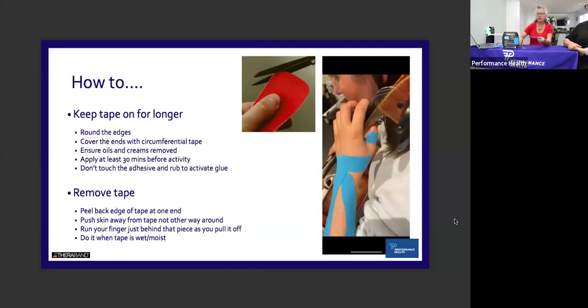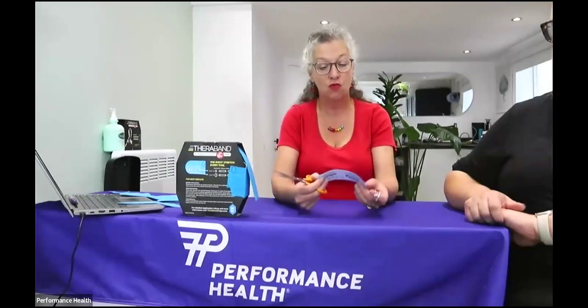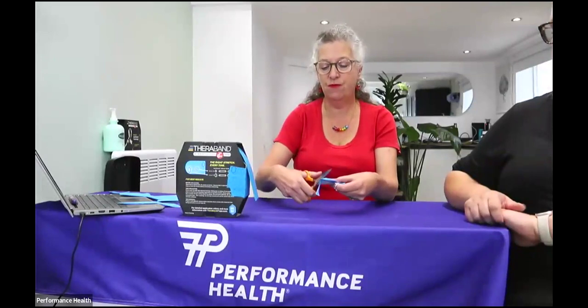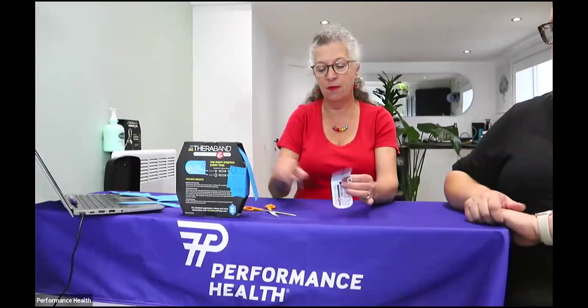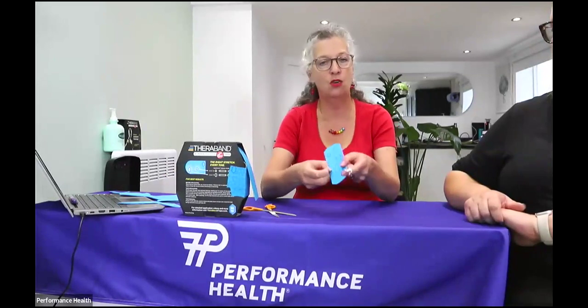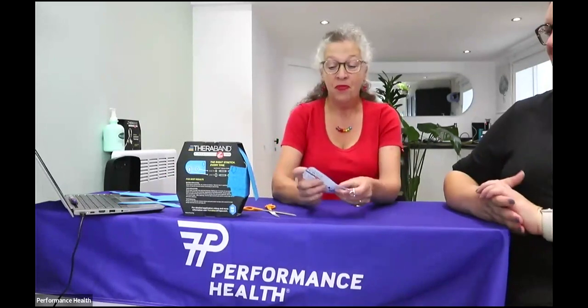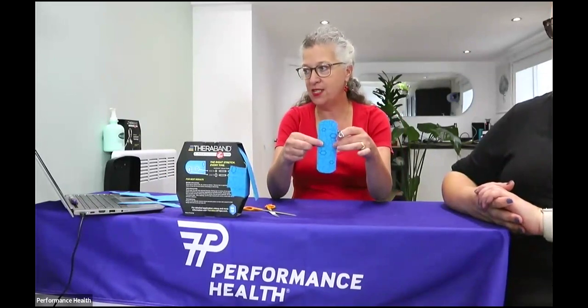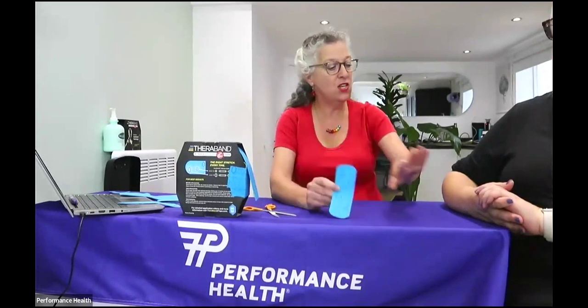So there are some very simple things that we should always do with the tape. You want it to last really well, always round the edges. You can fold it over and do two at the same time. With a rounded edge, it's a bit like Velcro. You'll have heard me talk about rounding your Velcro edges before as well. So if you round your edges, it's going to stay on the skin so much better. Make sure that there are no